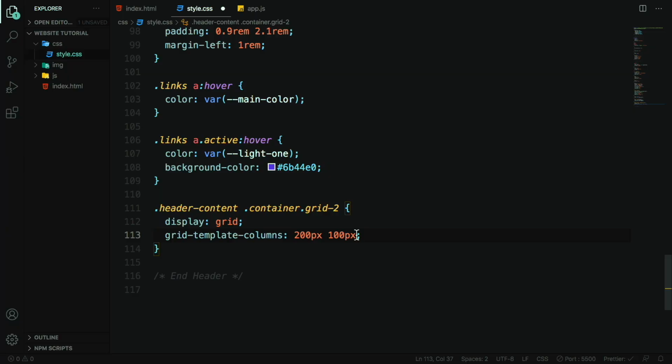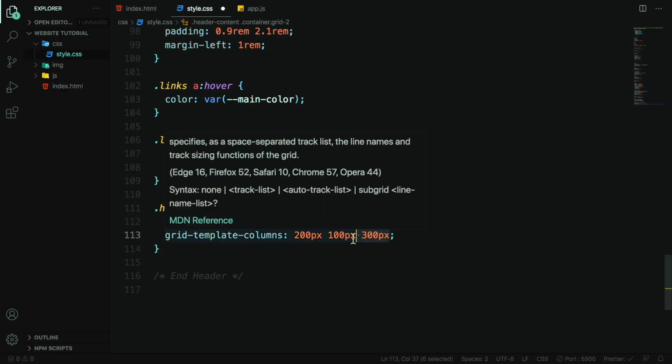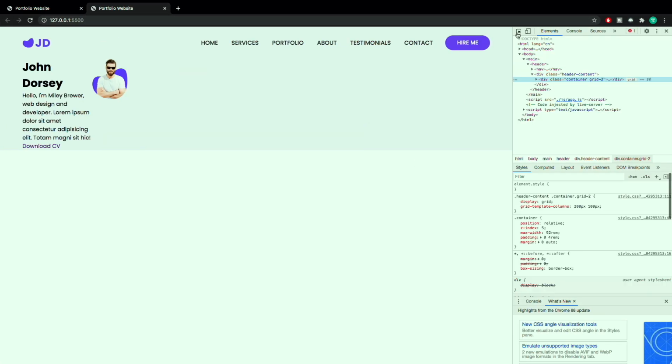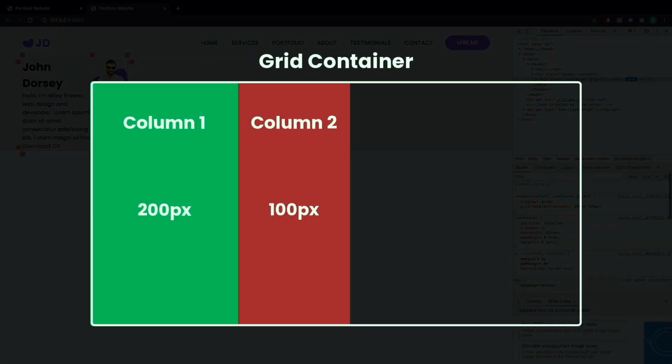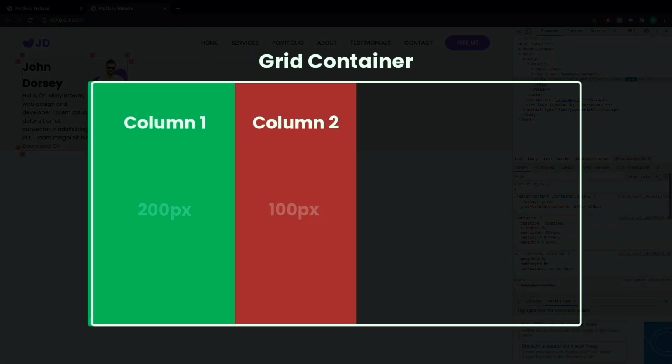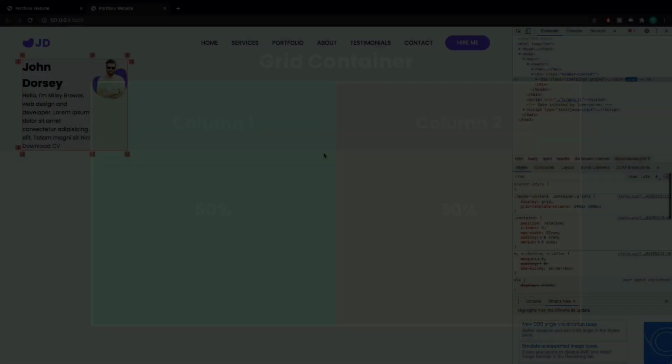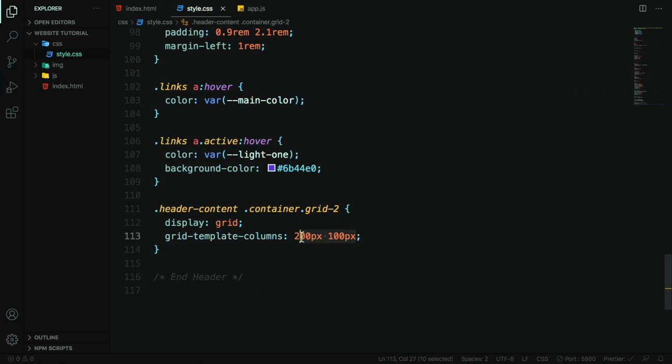For example, let's add 300 pixels. And now we have 3 columns. But I'm going to remove that because we only need 2 columns. Now let's save that. So as you can see, we now have 2 columns. Now actually, we don't want our columns to be 200 pixels and 100 pixels, but instead, we want each column to take 50% of the grid container width. For that, we can simply set the width to 50% for both columns like this, but when we use percentages,